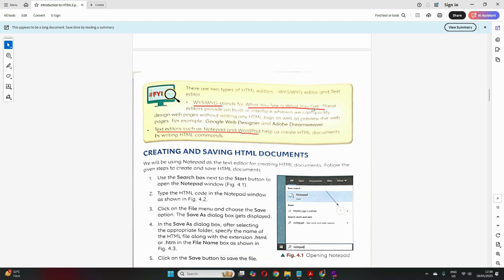You already had certain interactive boxes which you can use, and you don't have to write the code, you just need to drag and drop, right? Similarly, for HTML also we have this, where you don't have to write the HTML code and tags and everything. It's a built-in interface like Scratch. Examples of this are Google Web Designer and Adobe Dreamweaver. Clear? So with this, our entire chapter is covered.